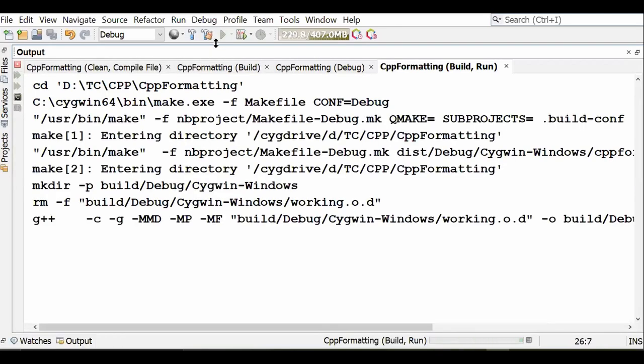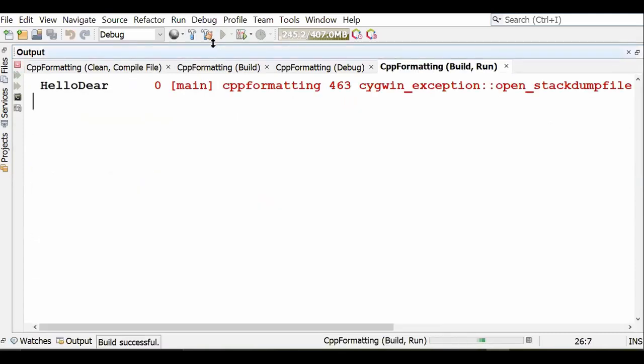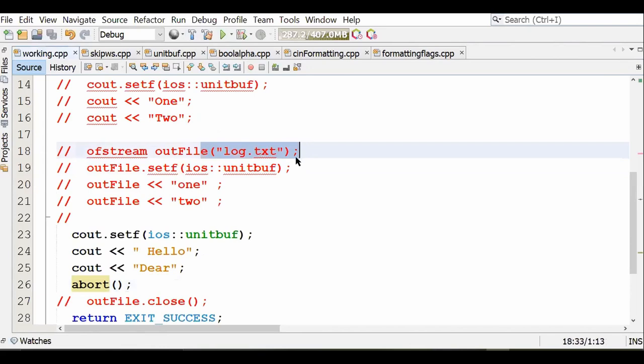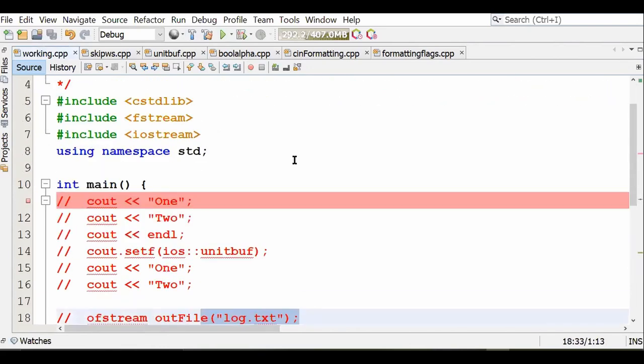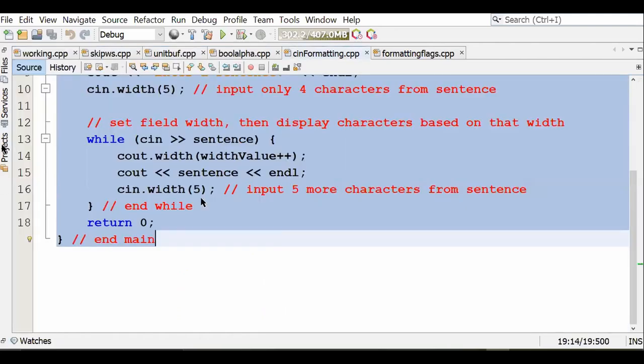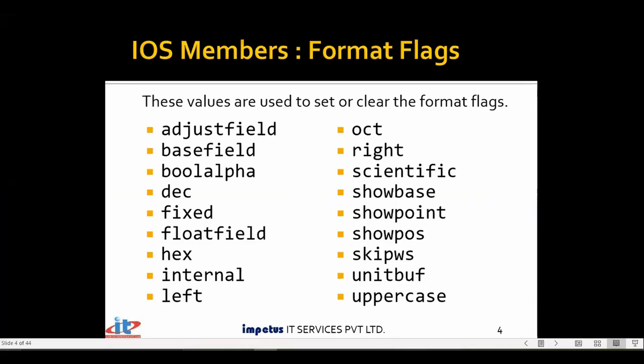It may or it may not. You will make sure that data goes to the device. So hello dear has definitely been displayed. That is one possible thing that you could do. So I could use unitbuf with files as well. That we'll see later. But unitbuf means take the buffer size as only 1 byte, and 1 byte means anything you insert into the buffer is going to make it full. I think it's better that we stop for now.